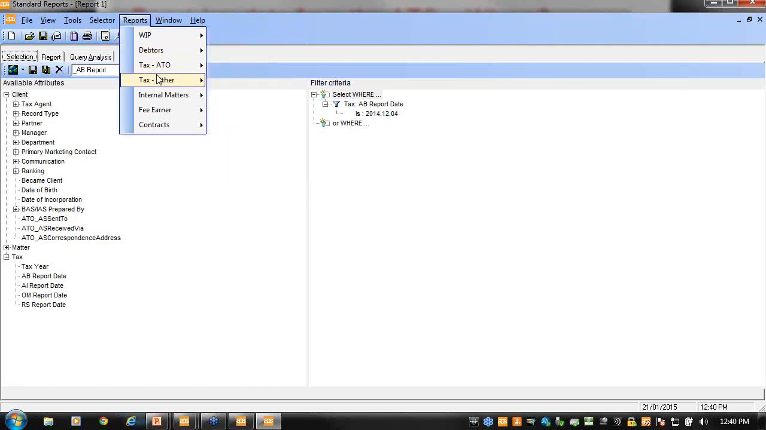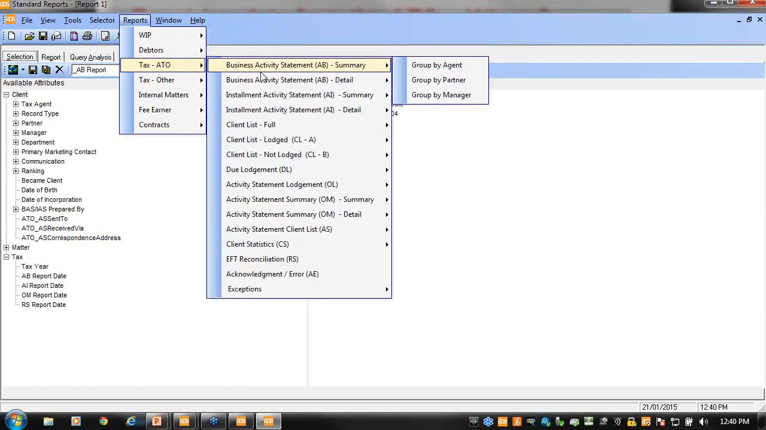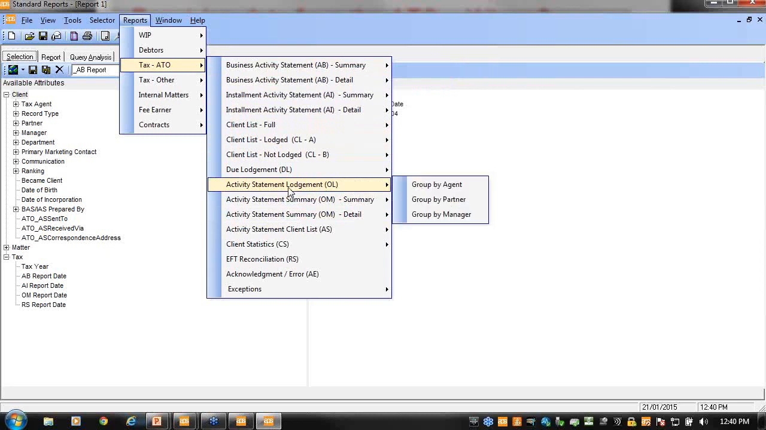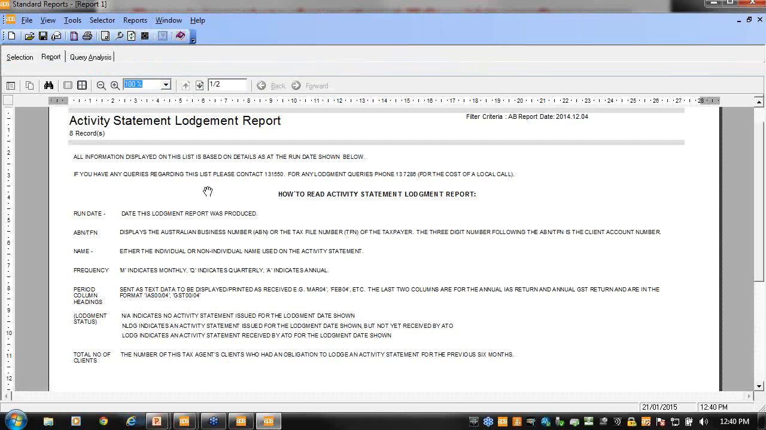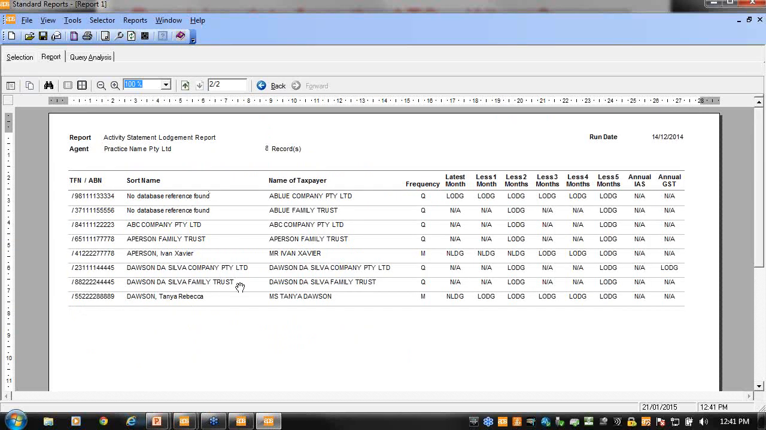So that is an example of an activity statement report. Some of the other examples might be an OL report, which is an activity statement lodgement report. Obviously the first page will contain all the relevant information that appears on the report and what it means, things like the frequency and the lodgement status. The report itself will look at the last 6 months from the date of the request, and it will